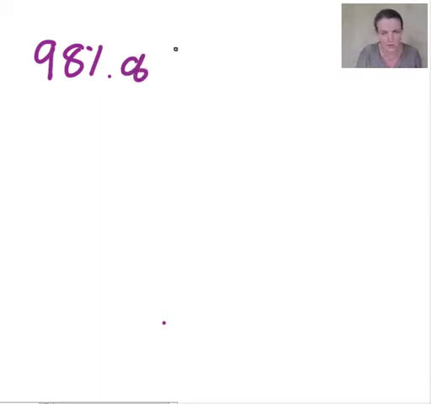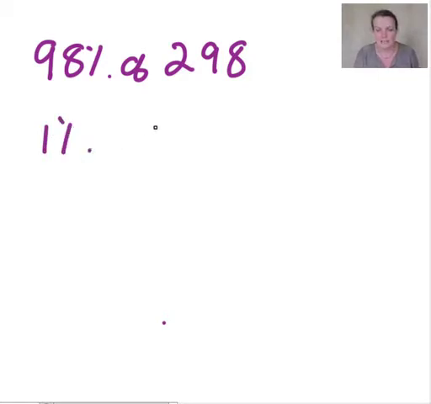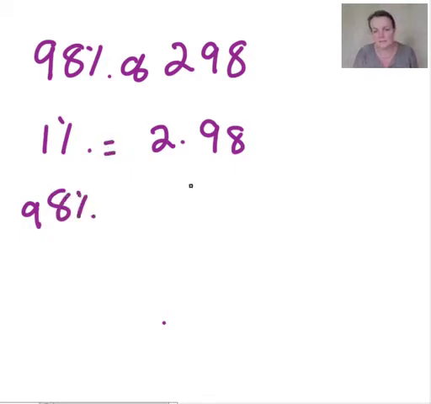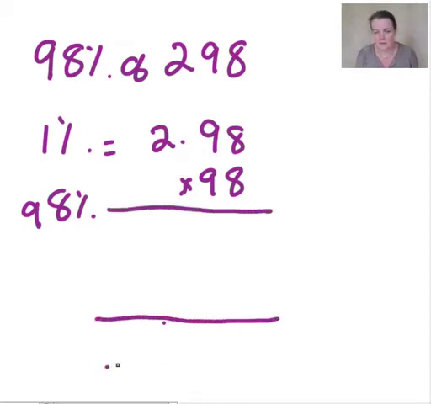98% of 298. First find, yeah, you've got the hang of it now, haven't you? 1%, which is 2.98. But did we want that? No, we wanted 98%. So multiply this side by 98, multiply that side by 98. I've got too many 98s. No, it is all 98, isn't it? Big equals,